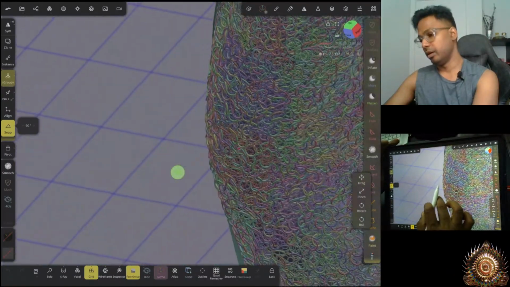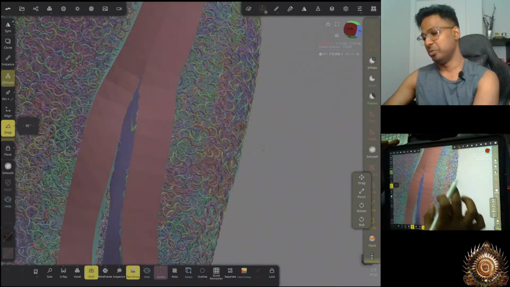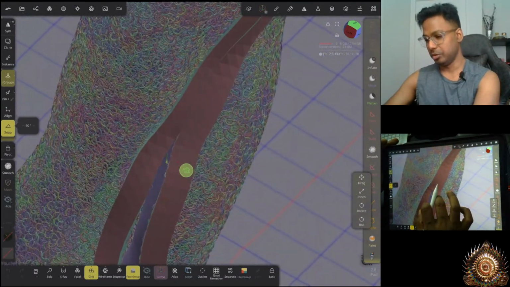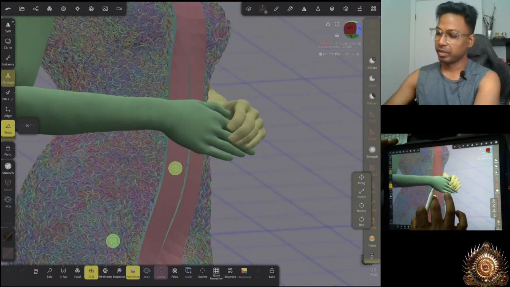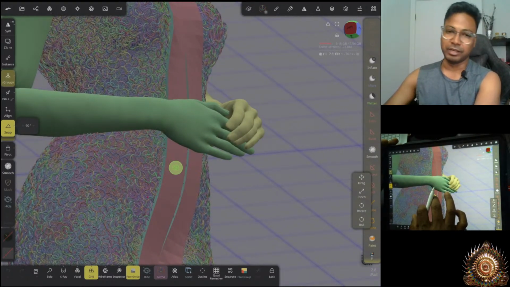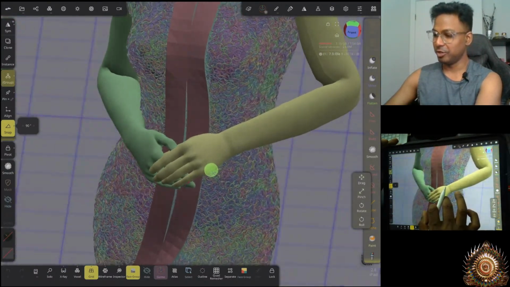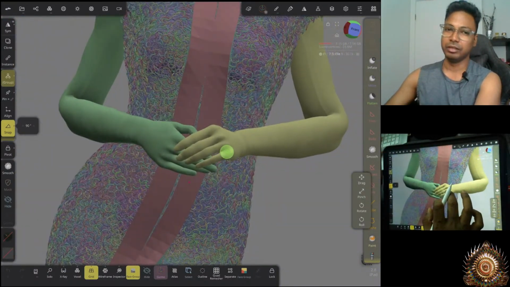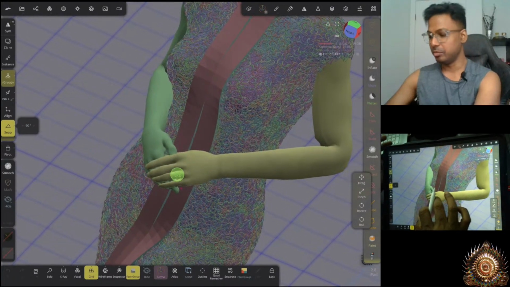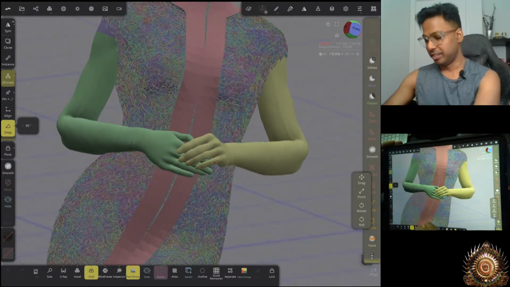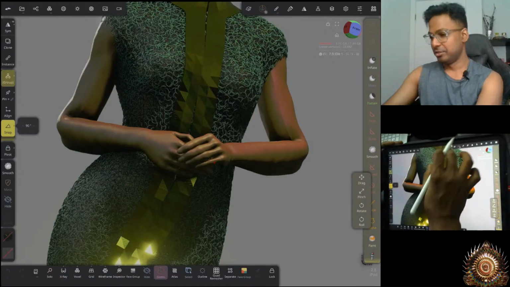When the idea was introduced in the Nomad Sculpt Discord, Bezzo, wow, that guy is fast, man. He just went in and updated his handy tool, which he had already created, with this. So now we can